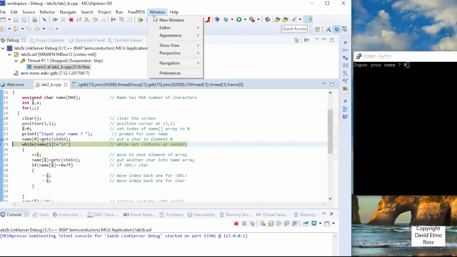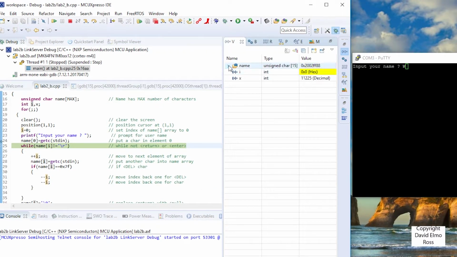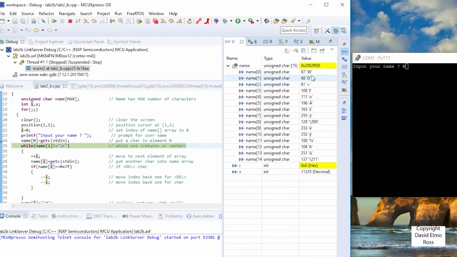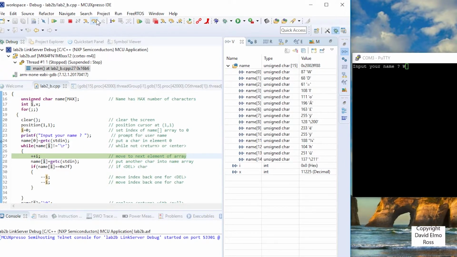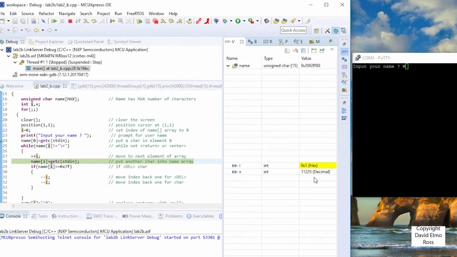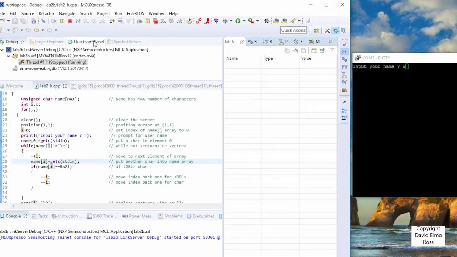So let's again open up this window. Let's take a look at what we have in our array here, and we can see there's our W. So we're going to step over, and it says while it's not equal to that, it's going to add 1 to our I. Right now I is 0, which is element 0, as we can see here. If we step over this, I is now going to be 1, so it's going to deal with element 1. And again, when we hit the step over button, it's ghosted here, which means